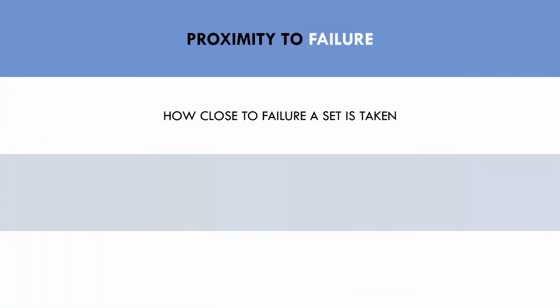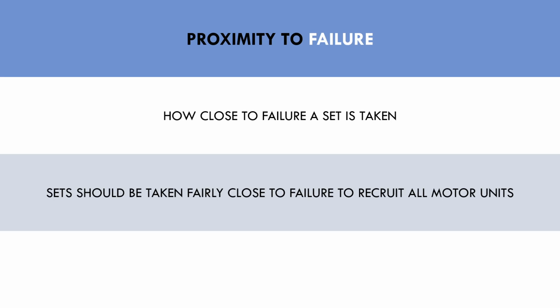This is usually quantified using the RPE or RAR scales, which are simple numerical scales where the trainee subjectively rates how close the set was taken before failure. We generally want to take each set fairly close to failure to maximize muscle growth. This is to ensure all motor units are recruited and all muscle fibers are trained. Leaving too many reps in reserve will simply make each set less effective and require more volume to achieve the